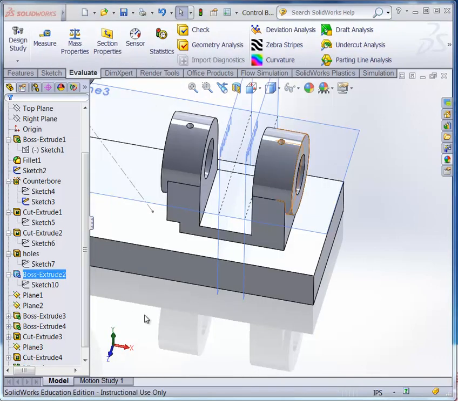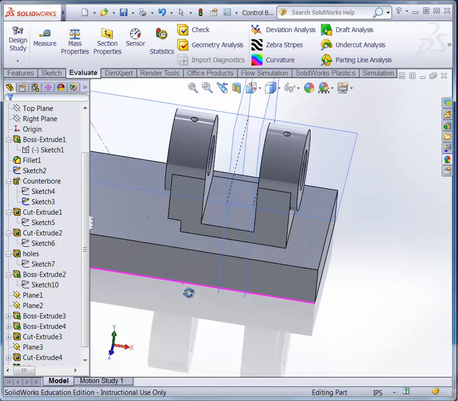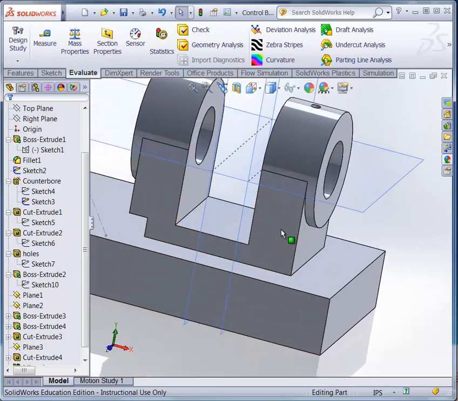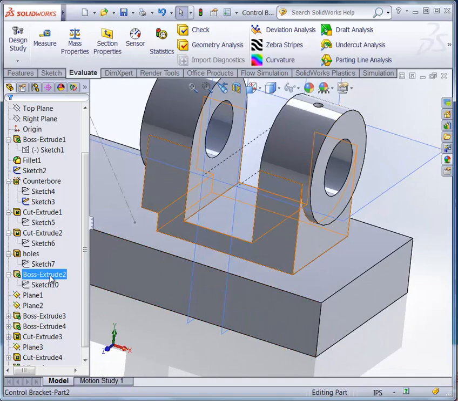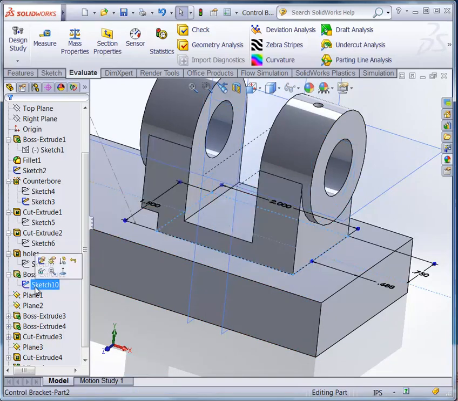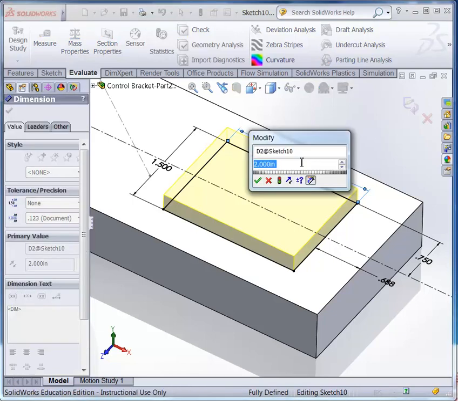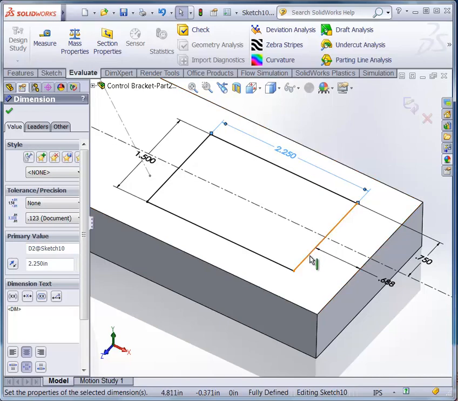All right, after much discussion that just happened in half a second here, I guess you could see we've got part of our base missing. And I think part of the problem here was that we thought we had the wrong dimension for our base here, right? So if we take a look at this sketch, edit the sketch there, we thought we had the wrong dimension based on the dimensions of the offset features and the boss extrudes and whatever. We thought it should be 2, but it's actually 2.25. And also, the way that we